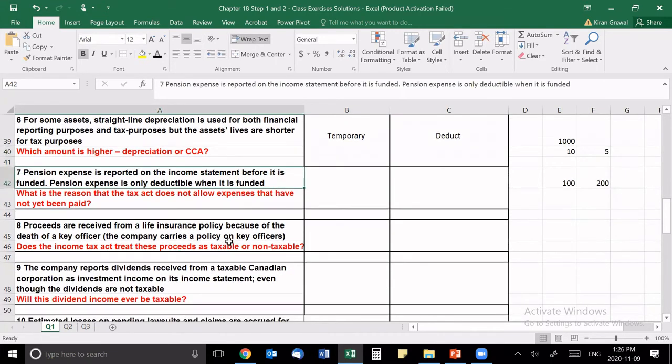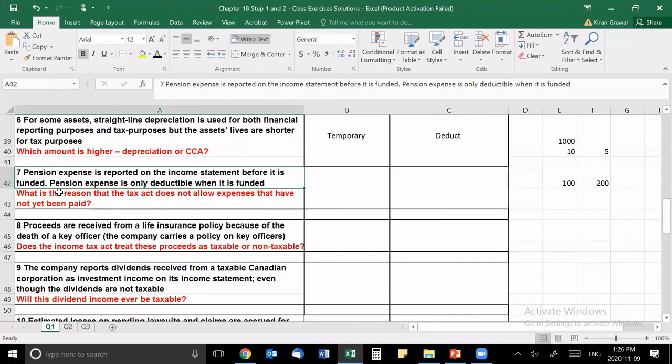Number 7, pension expense is reported on the income statement before it is funded. Pension expense is only deductible when it is funded. So funded means when it's actually paid to the pension fund. For accounting purposes, you have to record pension expense, and that's not necessarily the same amount that actually goes into the pension fund, which in chapter 19 will be explained in much more detail. Okay, so you record pension expense